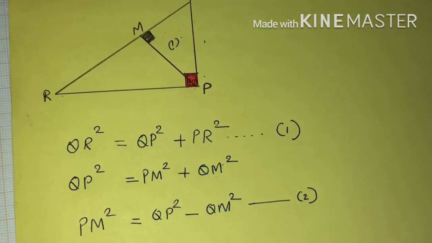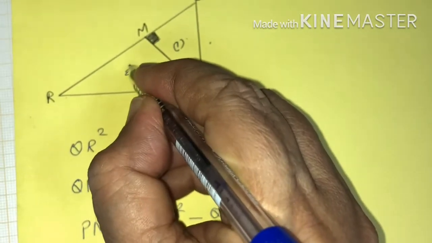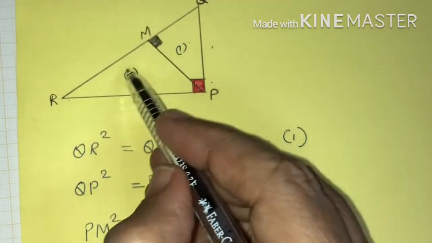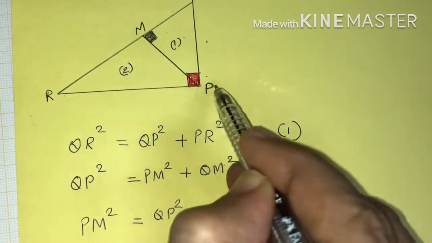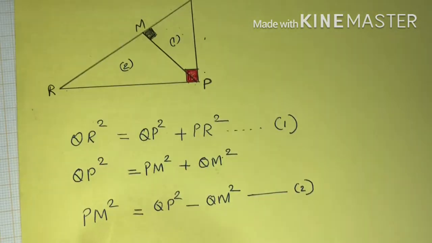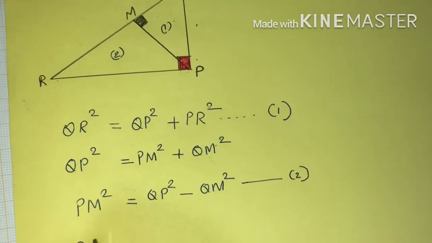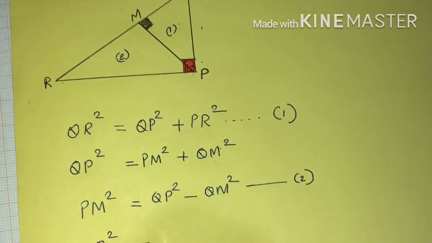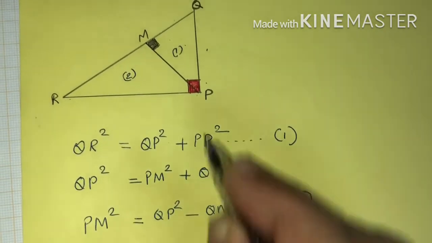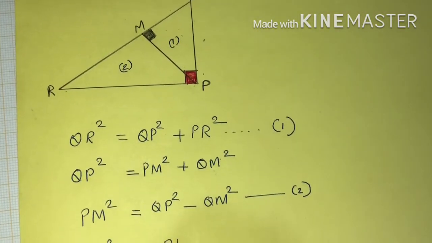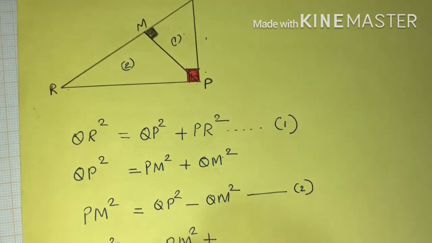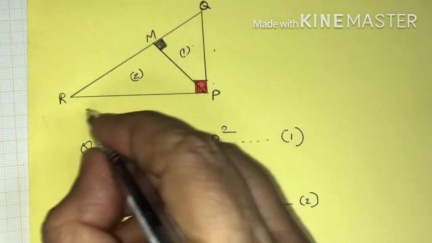Now moving on to the next smaller triangle. Here I marked as 2. That also a right triangle, and PR is the hypotenuse because it is opposite to 90 degree. Again we use theorem of Pythagoras. PR square is equal to the sides PM and MR. So we can write PM square plus MR square